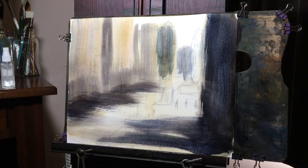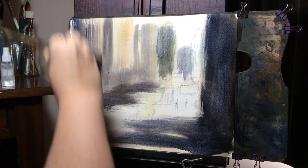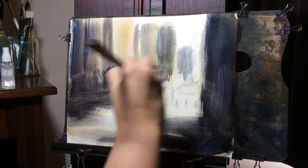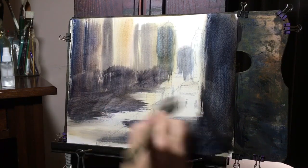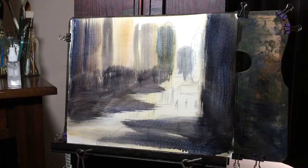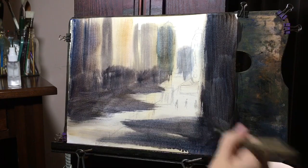Here I'm again trying to put in some shadows, trying to find some light. This was my idea as I was going along, just to give you my thought process. Again, this is all just me feeling my way around with these cityscapes. My problem with cityscapes is that